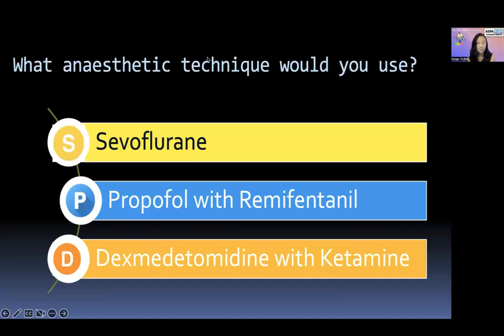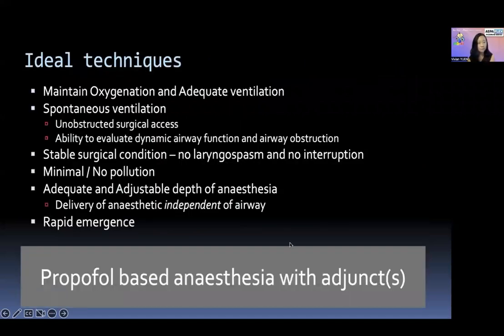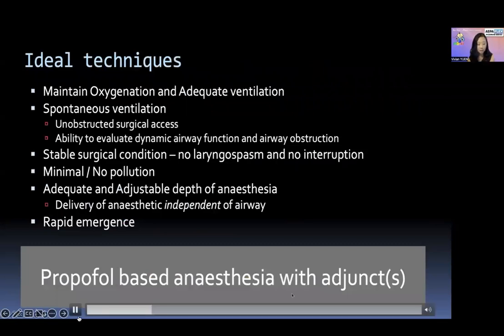In summary, this is a neonate in respiratory distress with Pierre Robin sequence airway and tracheal stenosis. What anesthetic technique would you use for induction and maintenance? Sevoflurane-based anesthesia, propofol anesthesia with remifentanil, or dexmedetomidine with ketamine? An ideal technique